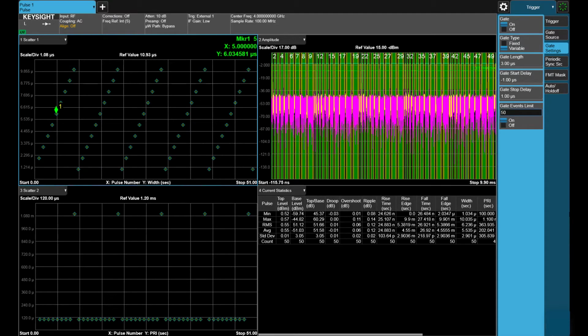For example, these two scatterplots reveal how the pulse width and PRI vary over time. We can see that there is a 1 millisecond repetition interval in between bursts, and you can also see that the pulse width is increasing within that burst. Scatterplots and other statistical analysis tools can be very useful when you start to capture thousands to tens of thousands of pulses. We can use this gated acquisition technique with the record and playback capability of the analyzer for deep